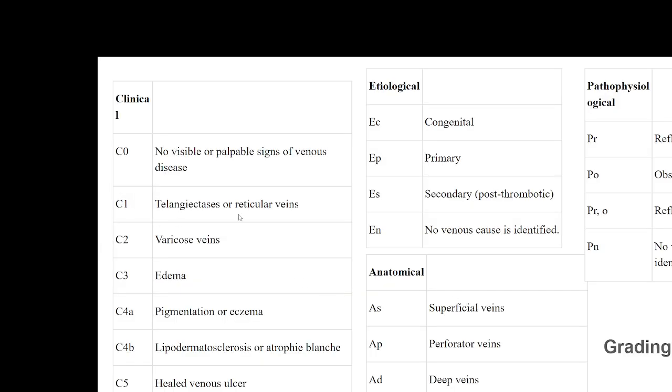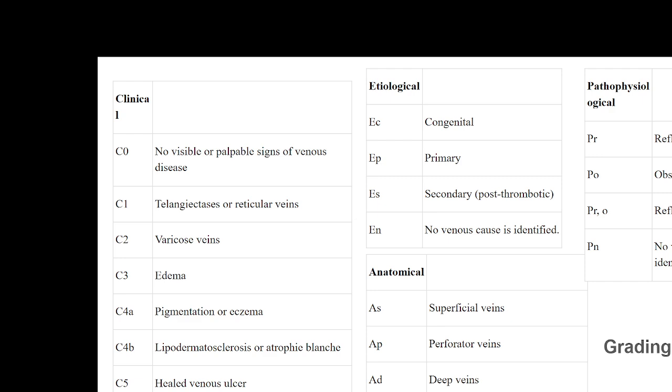Now, the varicose ulcers or venous ulcers are graded based upon clinical, etiological, pathophysiological or anatomical components. Clinically it is graded as C0 to C6, from no visible or palpable signs of venous disease to active venous ulcer at different stages depending upon the clinical presentation. Etiologically, congenital, primary, secondary, or no venous cause identified,